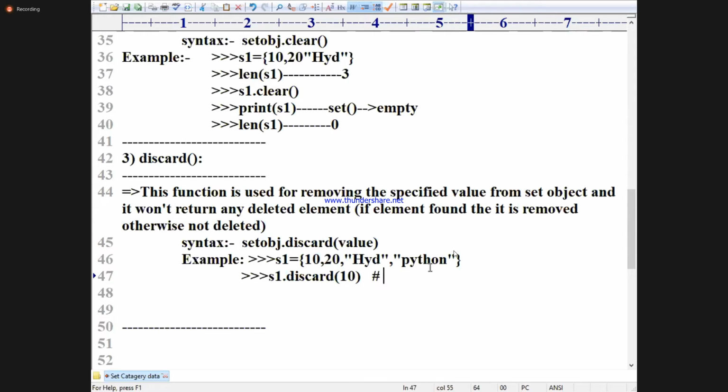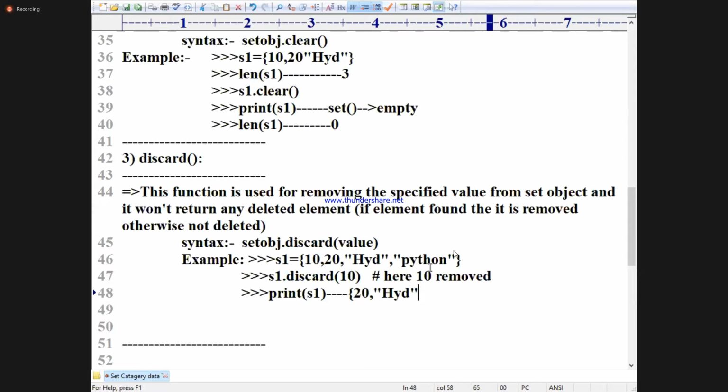What happens? Here 10 is removed. Removed or not? Removed. Print of S1. It will print 20, HYD, Python.